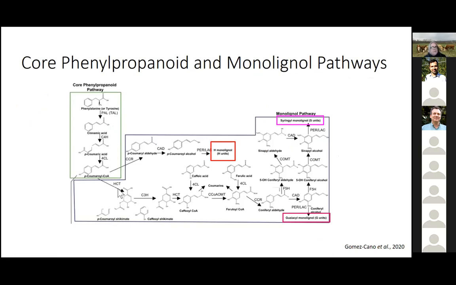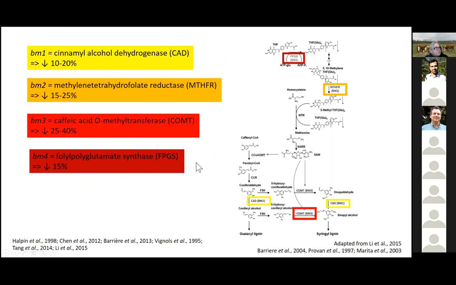And they're derived in the monolignol pathway that feeds off of the core phenylpropanoid pathway. And I like having this separate because off of the core phenylpropanoid pathway comes a flavonoid pathway as well. This is from a paper from Gomez-Cano et al. They're Grotewold and John Gray's lab, Michigan State and Cincinnati. And this is a remarkable manuscript that talks about the lignin pathway and flavonoid pathways and implications. And any of you who are interested in learning more about this, this is a really wonderful manuscript. But basically, here's the phenylpropanoid pathway and the various routes to get to S, G, and H monolignols.